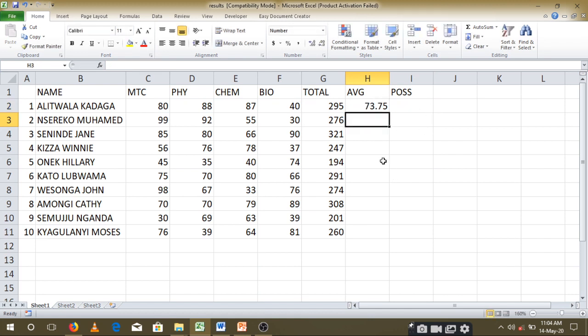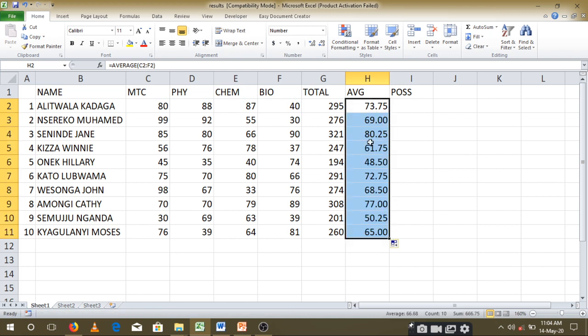Then you press the enter key, then you bring your pointer at the bottom right corner, and then you copy downwards. So you realize that you have work that is relayed in that given form. All right, now